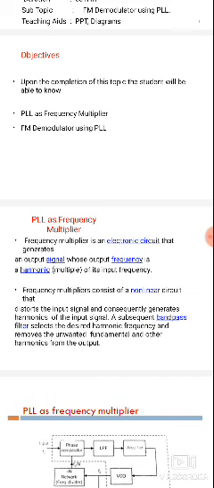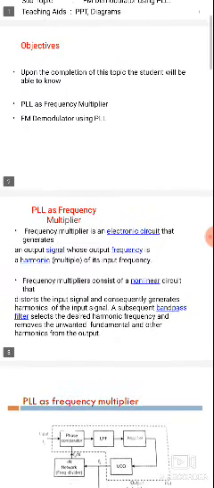In locked mode, the input signal frequency equals the output frequency, and only then it will be locked. Free running means no input, capturing means applying some input, and locked range means the input is equal to the output value. These were already completed in previous classes.